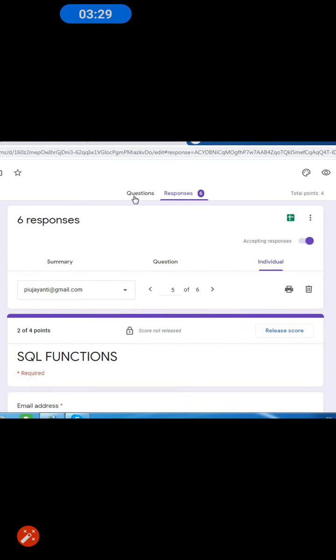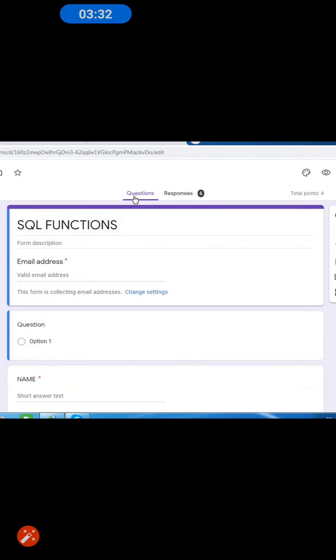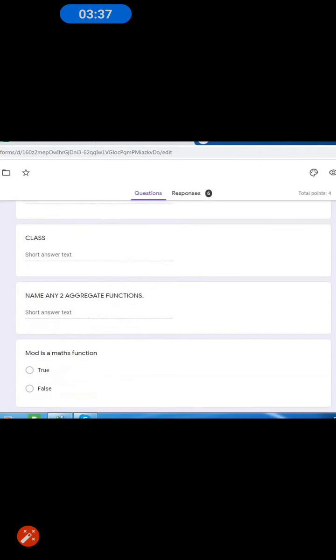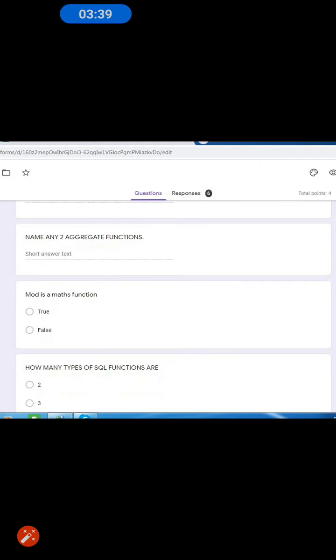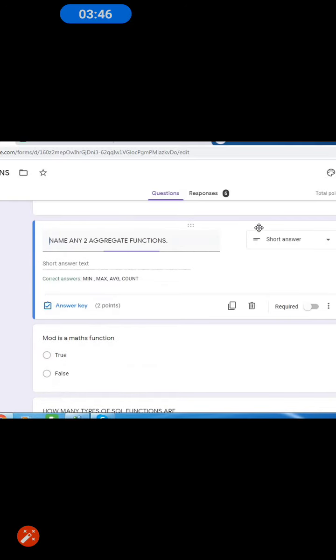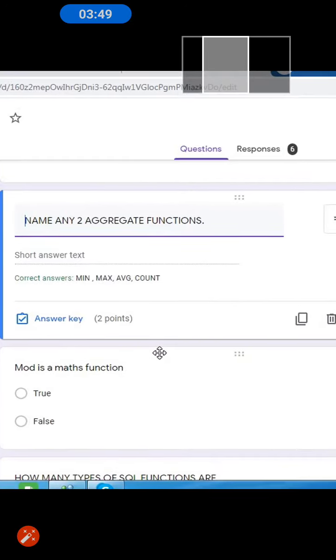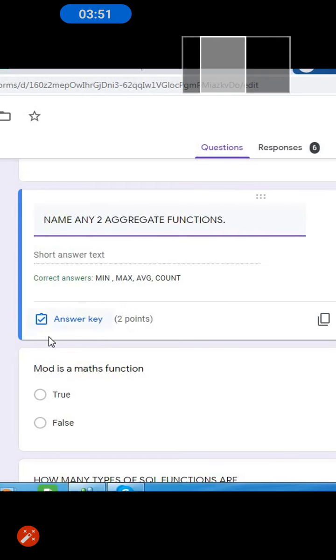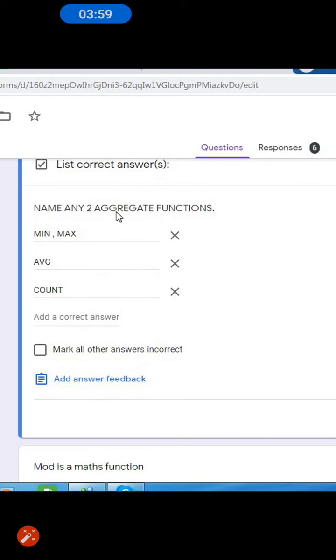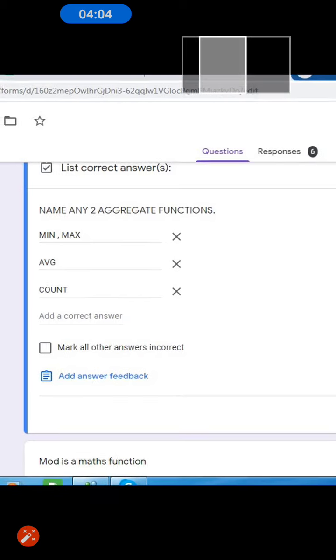Next, let's move to the questions part and let us see one more feature of Google Forms. Say we move to a particular question, we click on that particular question and we can see here the answer key, because when a question paper is in the form of a quiz and answer keys are provided, only then can we match whether the student has correctly answered.